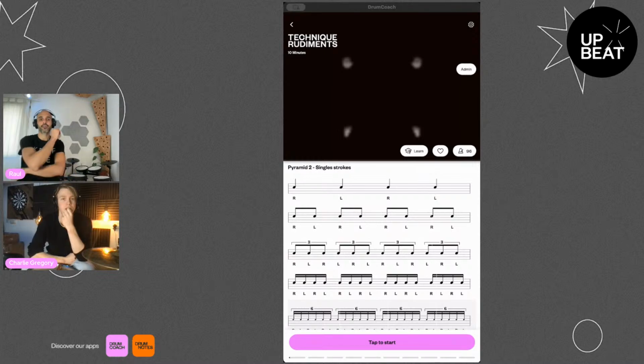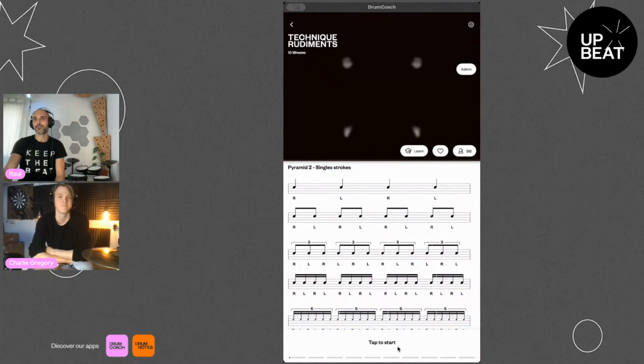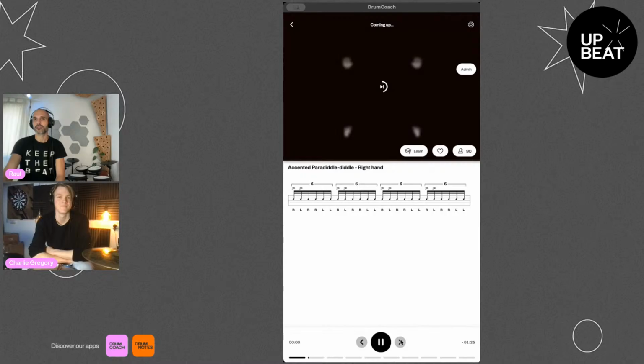So you could do ghosts, rim shots, and normal strokes. Okay, so you're expanding the possibilities more. Now I have 3. Exactly, the rim shot, which is another sound. That's really cool. Some nice ideas on how to apply technique to different rudiments.